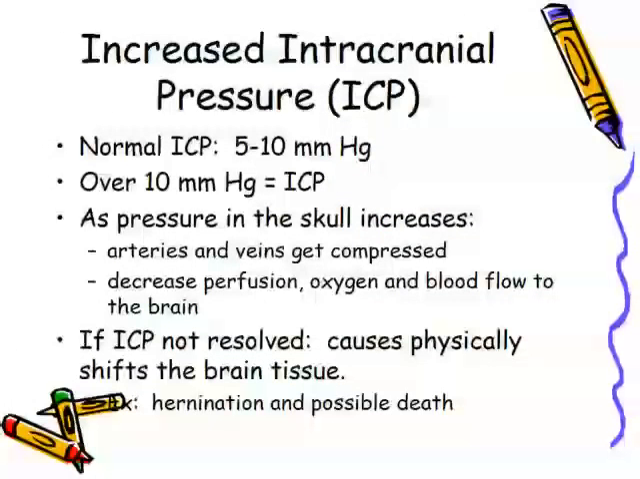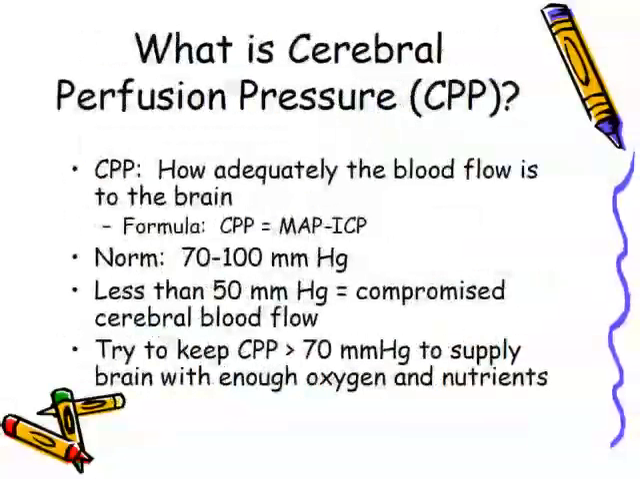And what's going to happen is that the brain can actually herniate through the foramen magnum, which would, of course, cause death in that particular patient. So with our patients that have increased ICP, we have to be aggressive with their treatment to try and keep that pressure down. One thing we want to do is bring the increased intracranial pressure down to